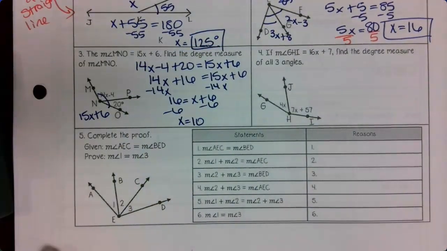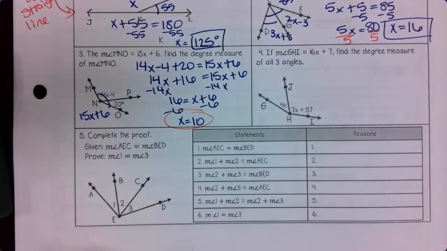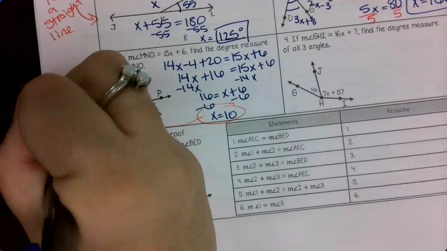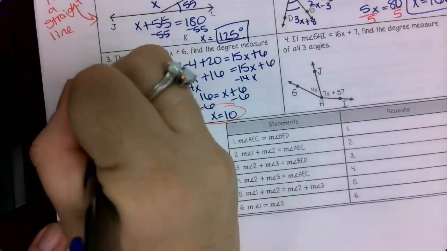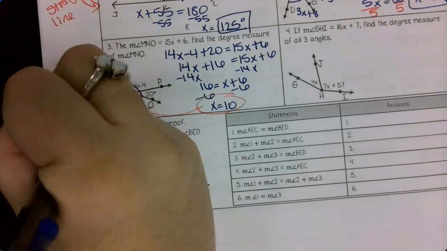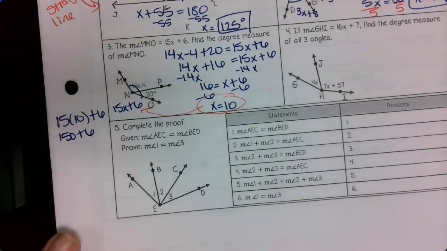Is this what the question wants? Does it want me to find the value of x? No, I gotta plug back in. So I'm going to be plugging into which angle? MNO. So I'm going to do this over here. So I have 15 times 10 plus 6. What is 15 times 10? And then adding 6 is